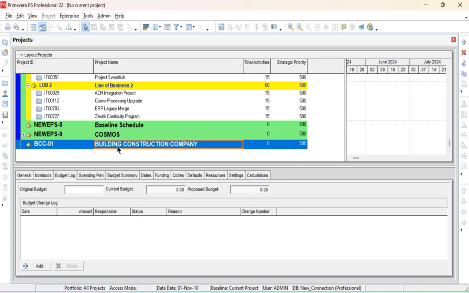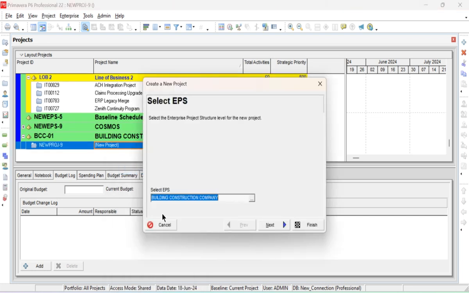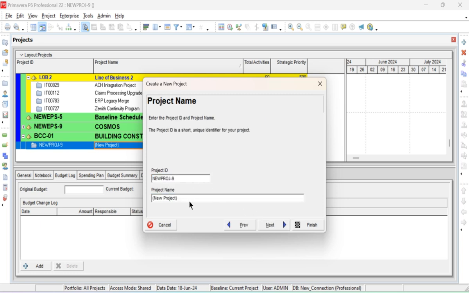Now we will add the project here. Right click, add project. Our EPS is building construction company, and project name we will give building project. EPS ID project ID we will give